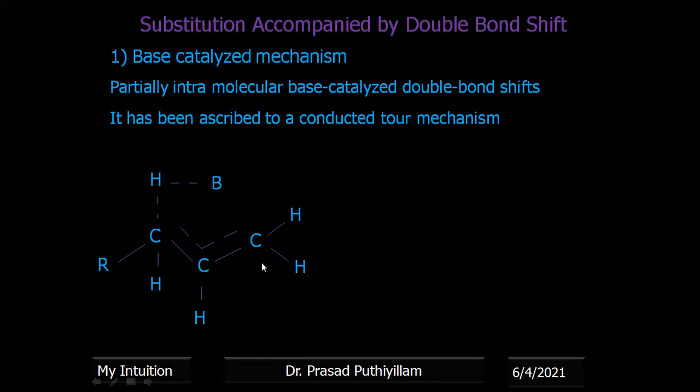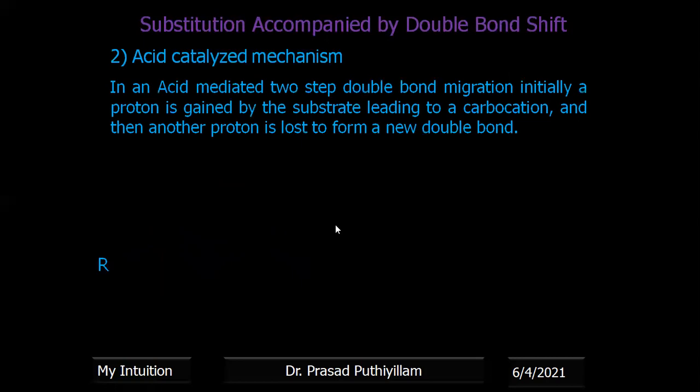Then this shift, that is the name tour, the base with the proton goes for a tour, if I may say so. So the BH shifts, and it is the same stabilization. The proton is shifted from there, it forms a partial single bond with carbon, and there is a partial double bond character between these three carbon atoms. From that it abstracts the carbon hydrogen, and then it forms the double bond.